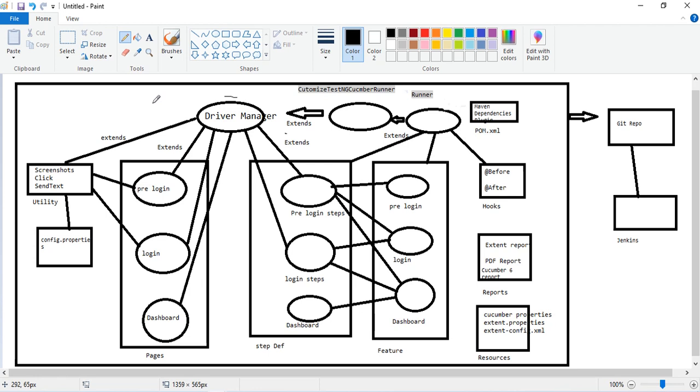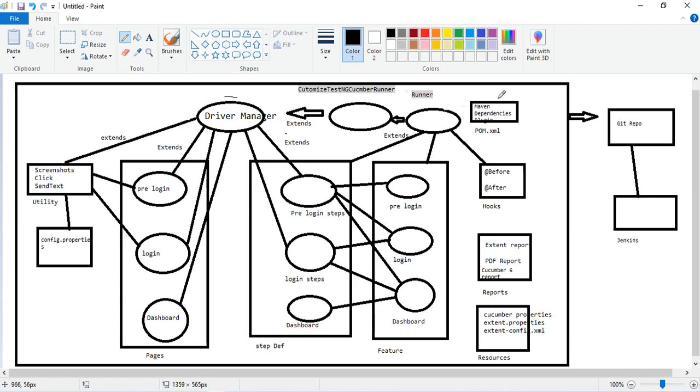Okay, so what we have done so far is we have created driver manager, and this is my customized Cucumber TestNG. So this customized Cucumber TestNG will extend my driver manager. Okay, and my runner is going to extend my customized TestNG Cucumber runner. Okay guys, yeah. So this is the Maven project. So I have all the dependencies, and the plugin we have not created. We will cover the plugin as well, and dependencies we have added whatever is needed for the Cucumber TestNG project.